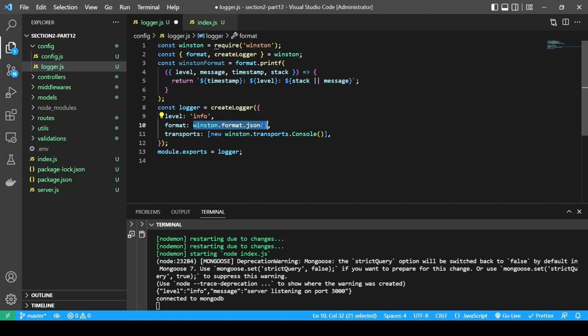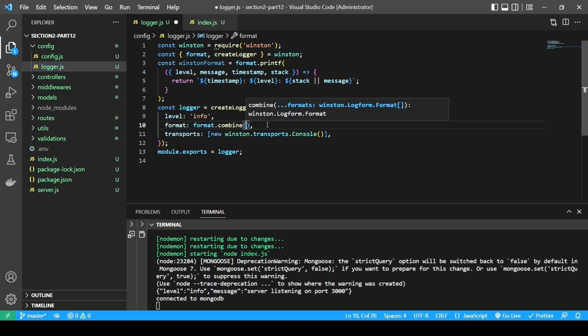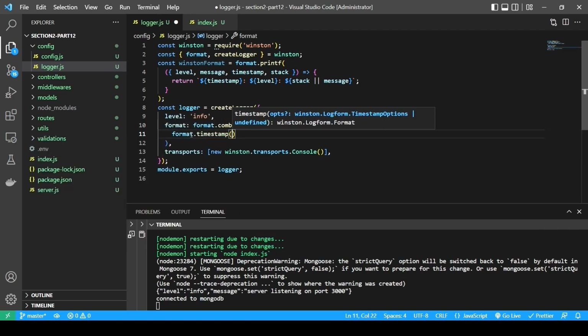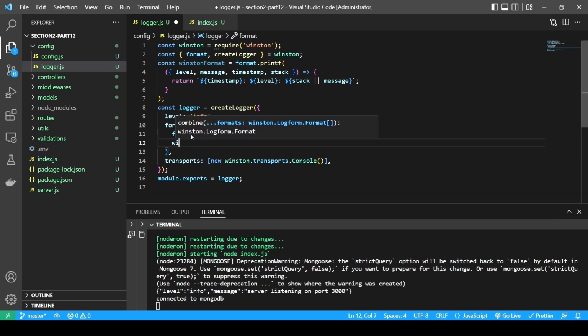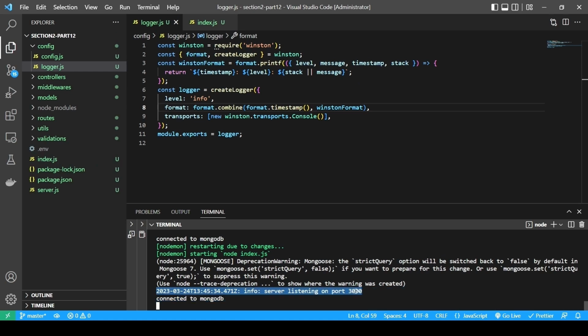Let me also change this to format.combine and pass format.timestamp and the Winston format I just created. Format.combine is a method used to combine multiple formatting functions into a single formatting function. And the format.timestamp adds a timestamp to each log message, and format.printf formats the log to include the log level